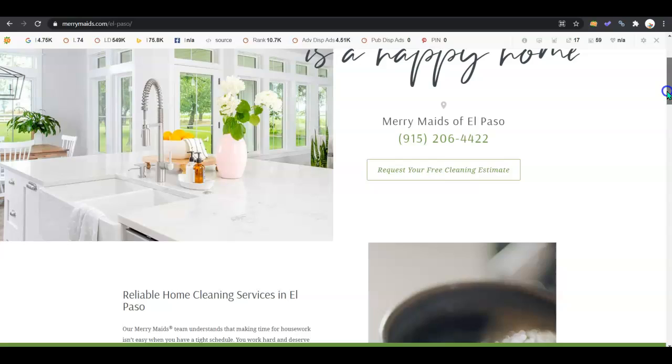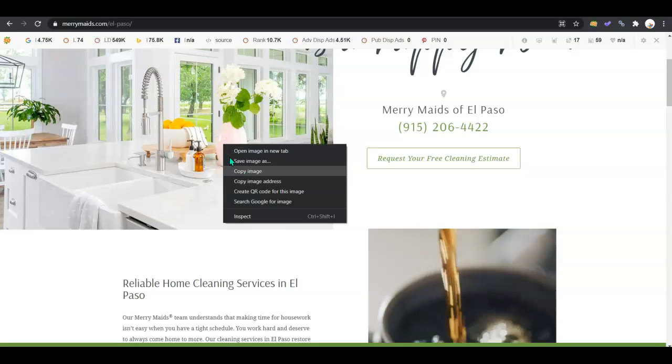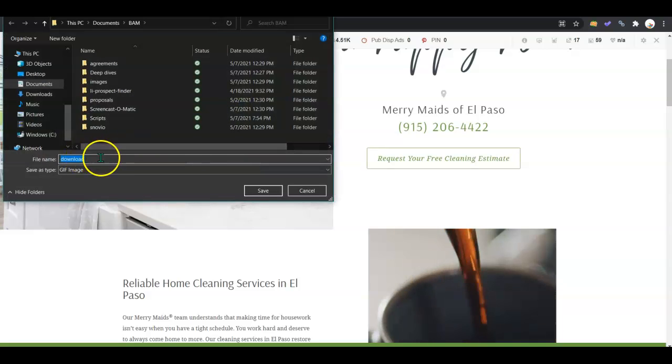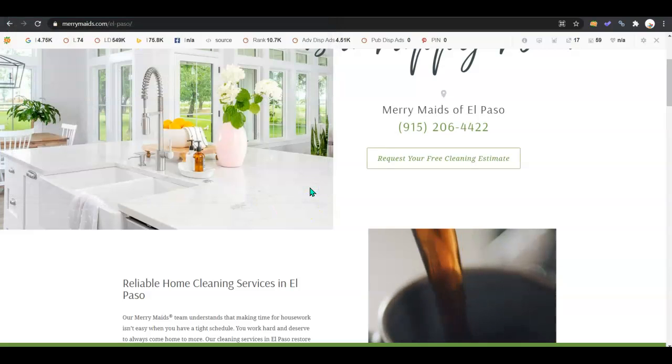A really cool thing that a lot of people don't know about optimizing their websites is that when you're saving and uploading your photos to your website, you want to save the file names. Let's look at what they're doing here. See how the file name is download? You don't want that. You want to use a keyword, because if a customer is searching online and they come across that keyword, that content hidden away is going to help you guys get ranked,